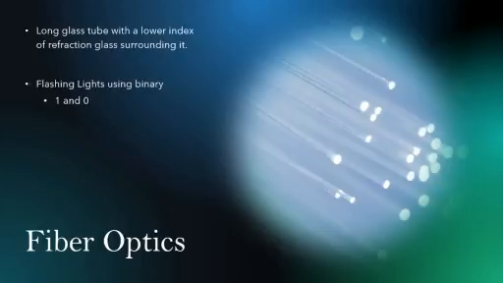Now, this is used in fiber optic cables, which is essentially a large glass tube surrounded by more glass, and light is shined through it. They use binary, I think light on is 1, light off is 0, and it flashes real quick, and you can transfer it. It takes the 1s and 0s, and computers use it to basically speak with each other, because that's how computers have done stuff. But what happens is they take a long glass tube, and then they surround it with more glass